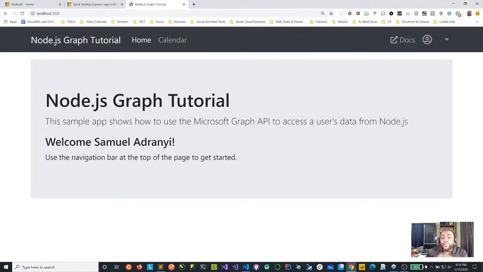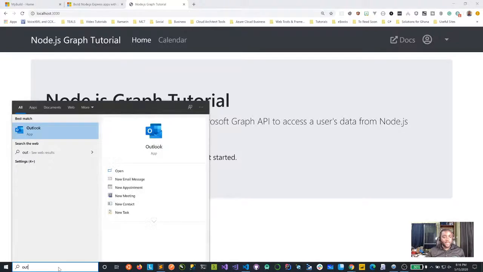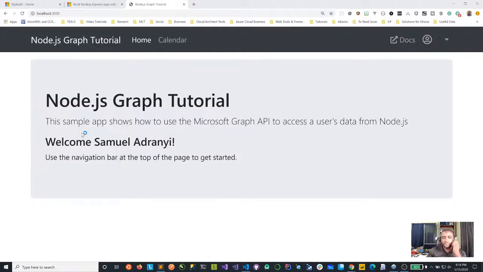Now, to show you that this is actually bringing out the calendar information. I mean, I've already logged on my Mac. We are probably thinking, yeah, logging in is a common thing. But let's do this. I'm going to open my Outlook, right?